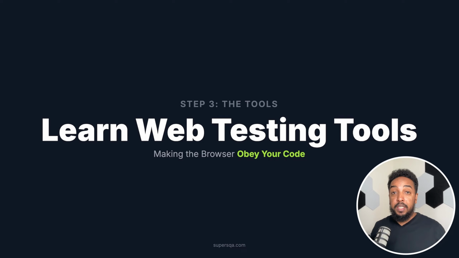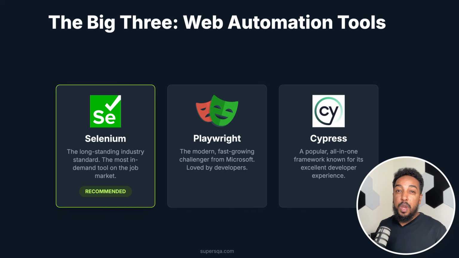And step 3 is learn a web testing tool. You have to do step 2 because you need to know what to test, what testing is, so you can use a web testing tool, right? So that is going to be step 3. Now in step 3, there are 3 popular tools that you're going to need to learn. Selenium WebDriver specifically. Selenium has a couple of components, but WebDriver is the main one that you want. So there's Selenium number 1, Playwright number 2, Cypress number 3. All those 3 are really popular.